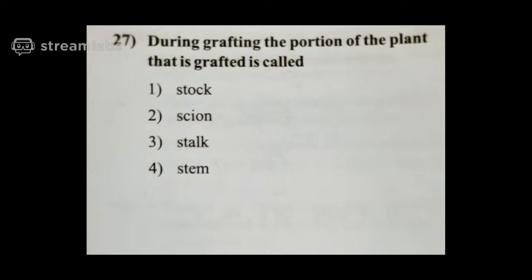As you see, the question number 27, during grafting, the portion of the plant that is grafted is called as. Now, 4 options are given. Do you have any idea on this? Grafting,